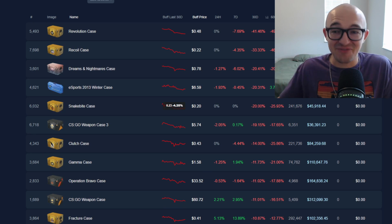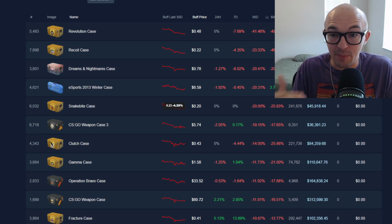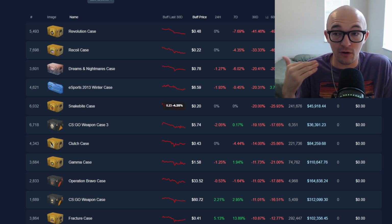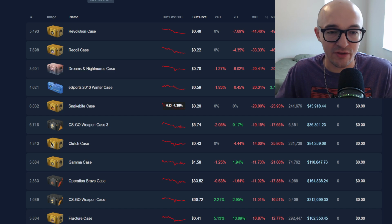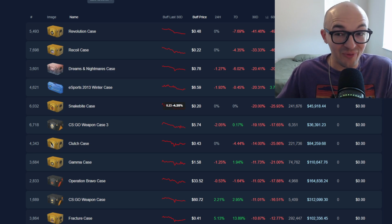The Snakebite doesn't have to get to the exact same price as Clutch or whatever, but if the Snakebite goes from active duty to rare and even becomes as expensive as the cheapest rare case right now, that would be the Snakebite case doubling, a little bit more than doubling in price, which I think does present a really, really awesome opportunity. Obviously, over the course of Counter-Strike, we've seen cases do very, very well when they've gone from active